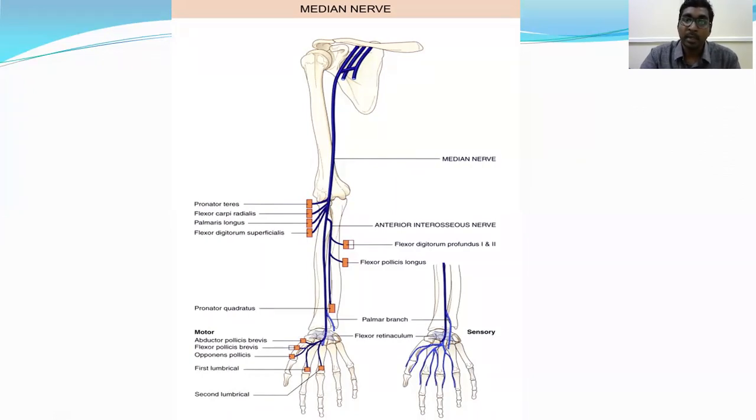And the main median nerve trunk is continuous, and it gives off one branch, which is the palmar cutaneous nerve branch of the arm. So it supplies the thenar area of the hand. So here, the median nerve gives off branches to pronator teres, flexor carpi radialis, and palmaris longus muscles. And the anterior interosseous branch supplies the deeper muscles. And the nerve goes up like this.